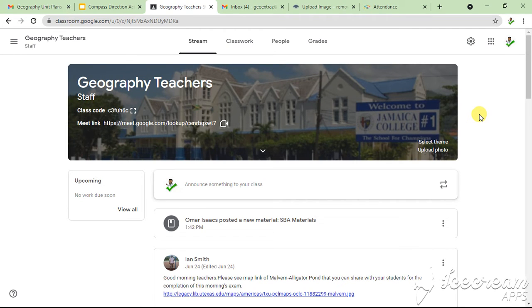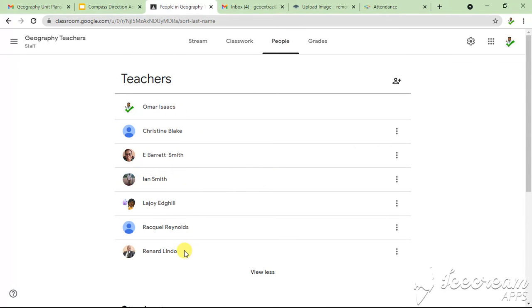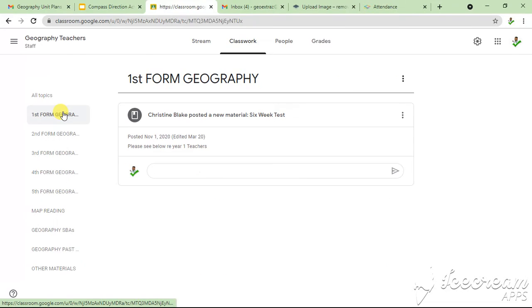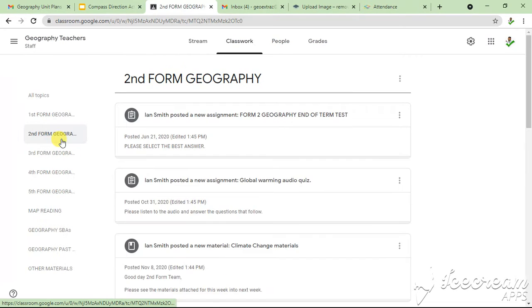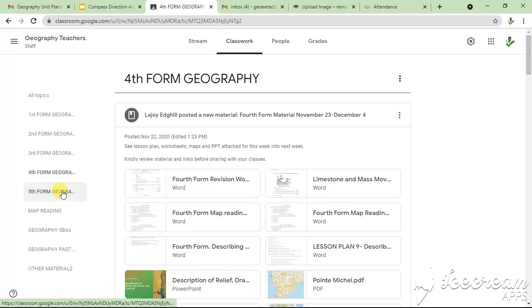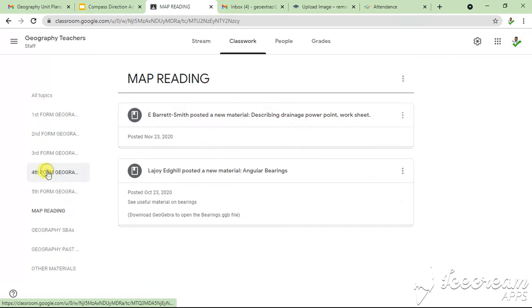Colleagues, today we're going to go through the Google Classroom that we have for the geography teachers. By now all of us would be in the group as shown here. If we go to classwork, you're going to see that the materials have been updated in a more organized fashion. So we have first form geography, second form, third form, fourth form, fifth form, and we have map reading